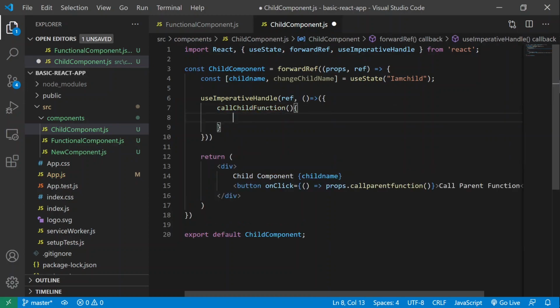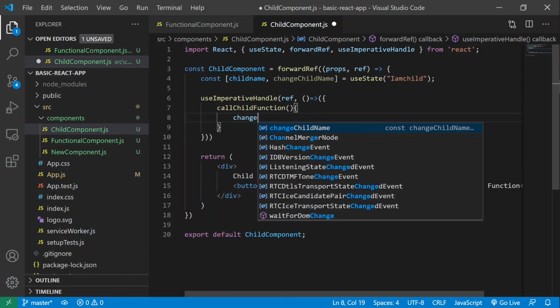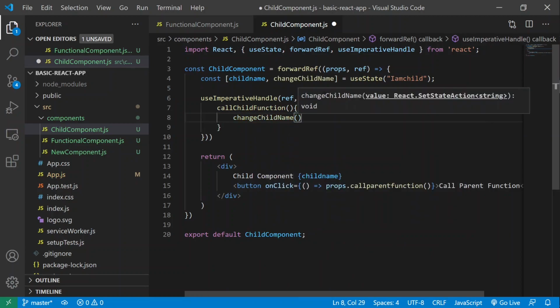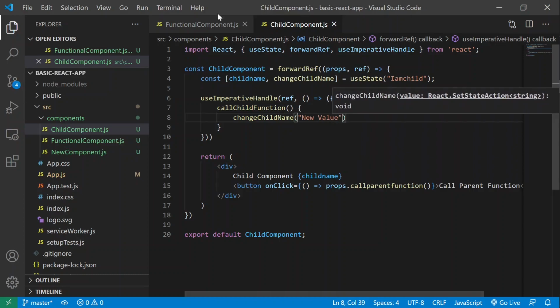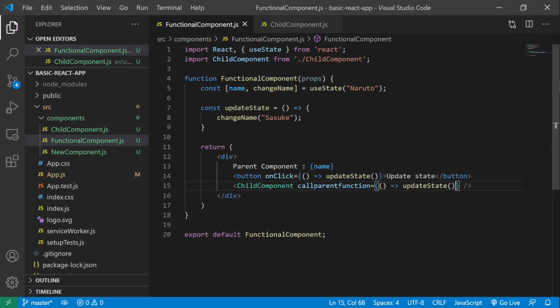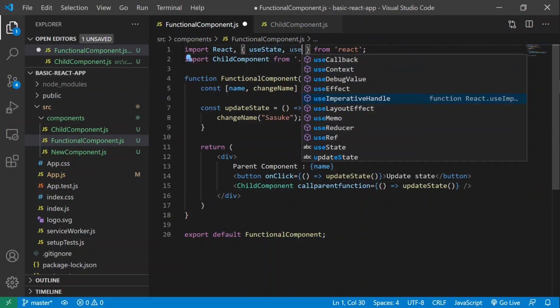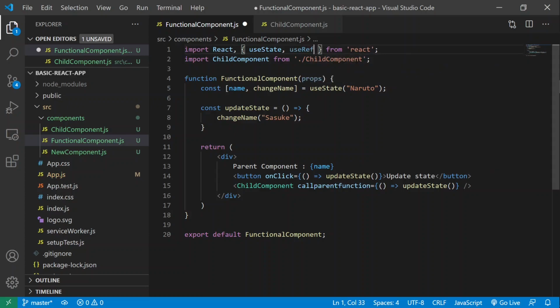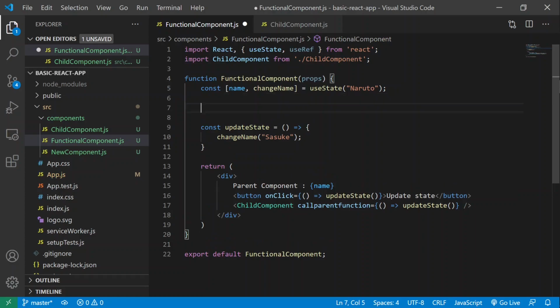Here we can update the child name to "new value". Now we will go back to our parent component and try to access this. Here we have to create a reference of the child component and use that. For that we have to use the useRef hook, and in our component we create a reference for the child.